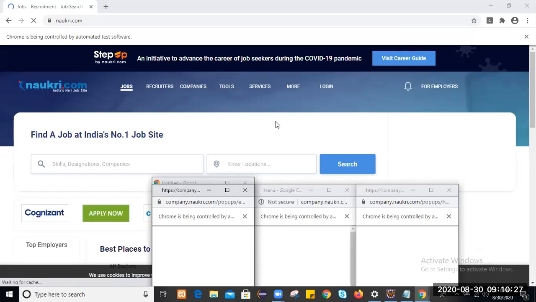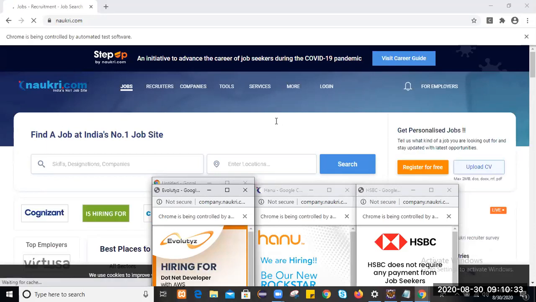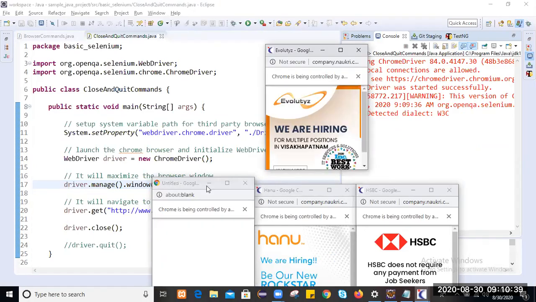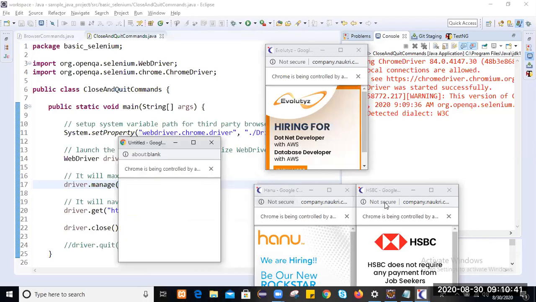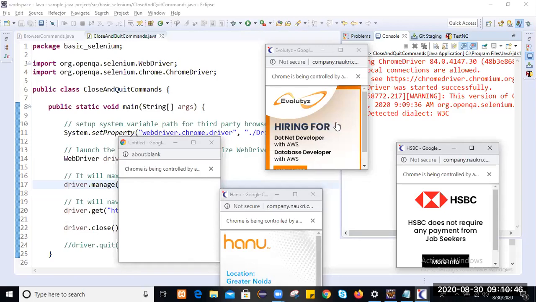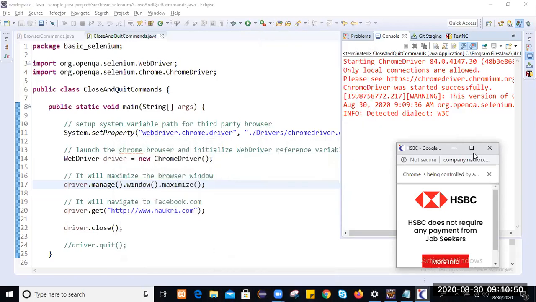Still loading. So it loaded all the pages, and did you observe it? Only the parent window has closed, not the child ones. You see, all four child windows are still open. Can you see it now? This is the close method.